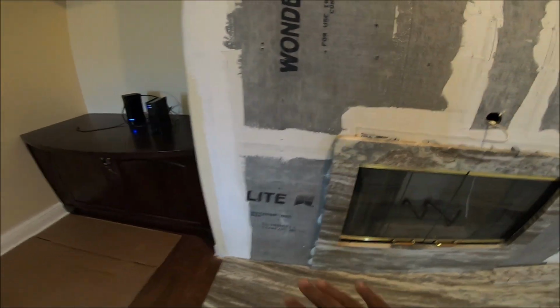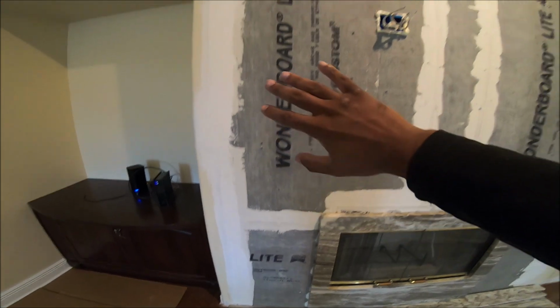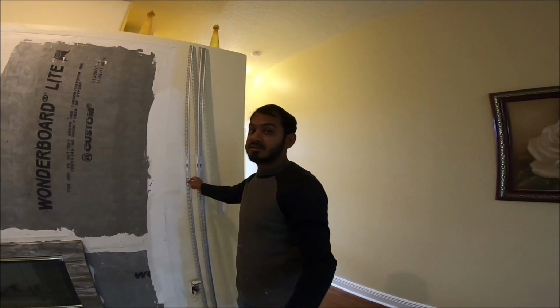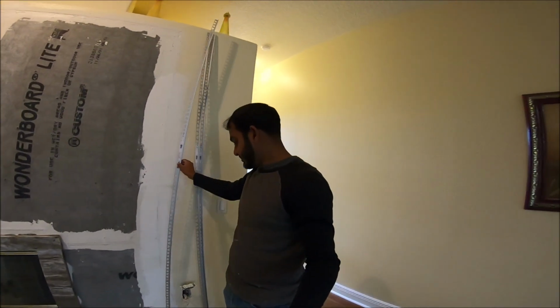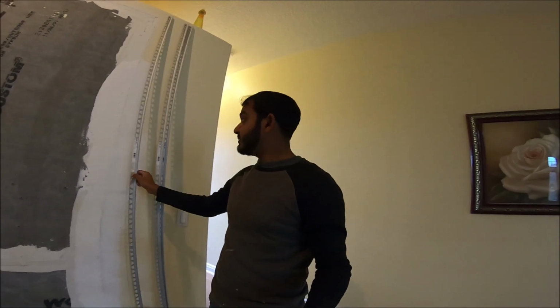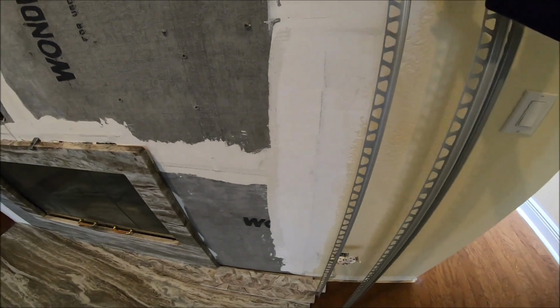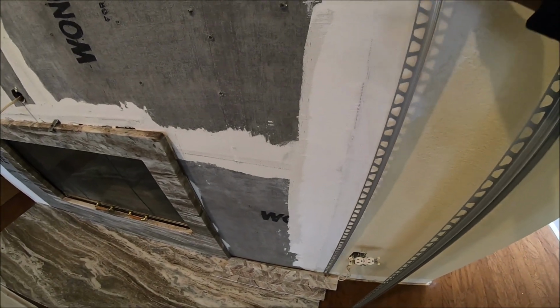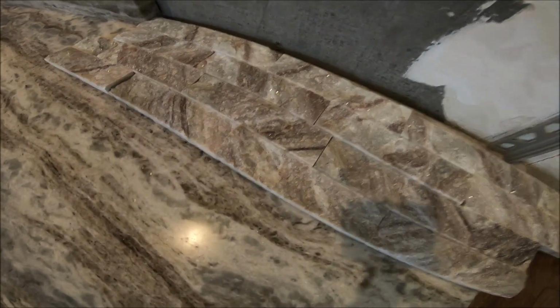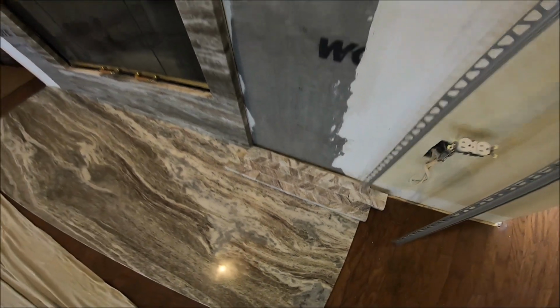So I'm gonna install the stone going up all the way till up to that edge right there. Corners, I'm gonna be using this metal edging here. Put it like this. Show you guys. So this is the side here. This is gonna go like this to finish the stone, because this is the stone right here, almost same color like the